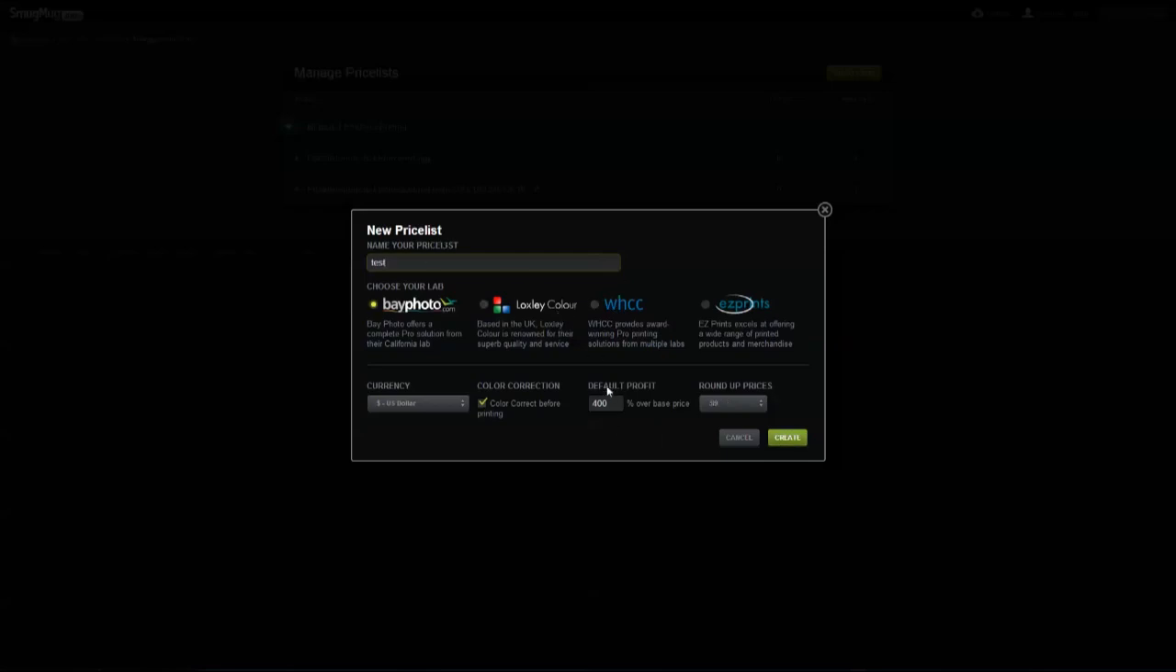And this is where you can type in a default profit. I have 400% over base price. Round up price to 99 cents. Basically, this is going to set the prices for you automatically, and then you can go in and change them manually after that. So I'm going to click create